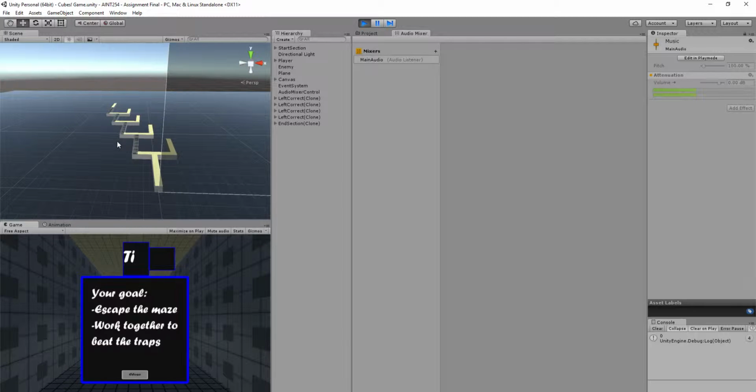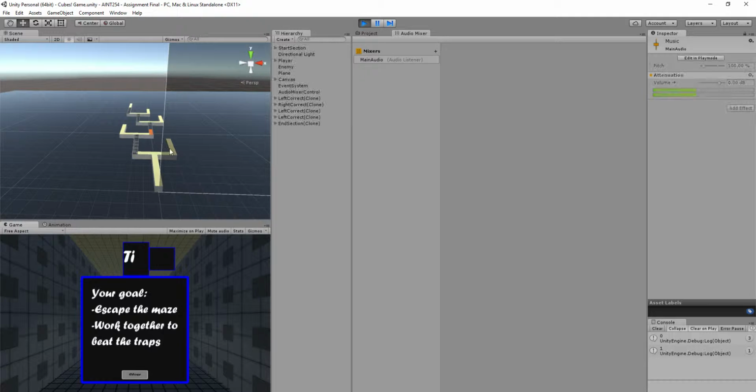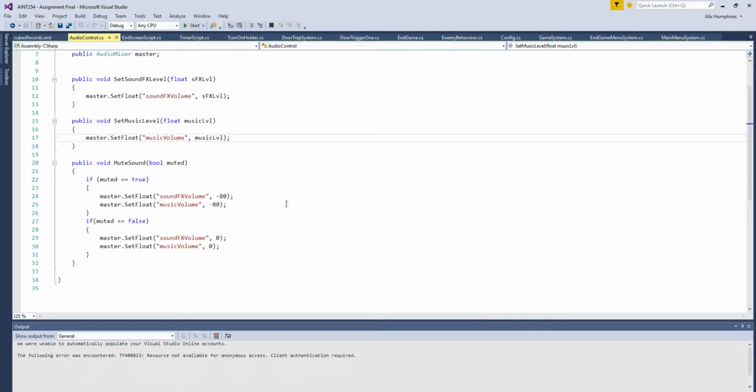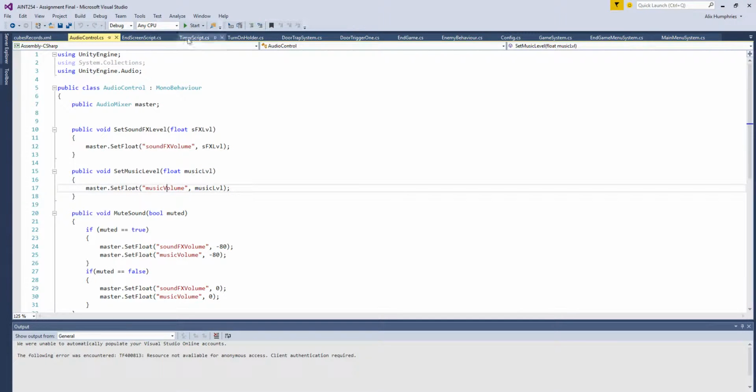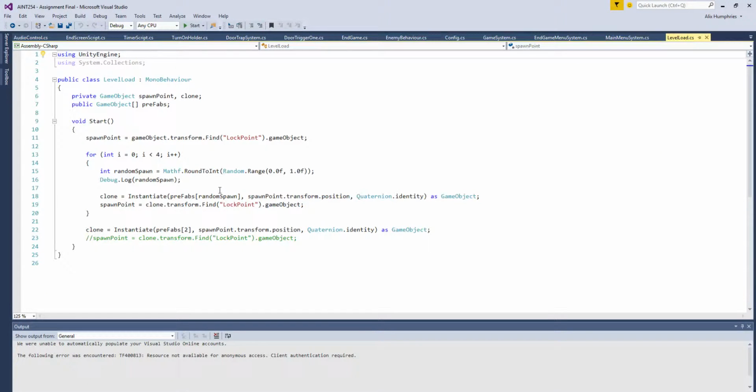You can have all lefts, as we see there. We can have all lefts, then rights, then lefts, then lefts. It's completely random. All of that is controlled with the load level script, which is, there we go. So at the start of the game,